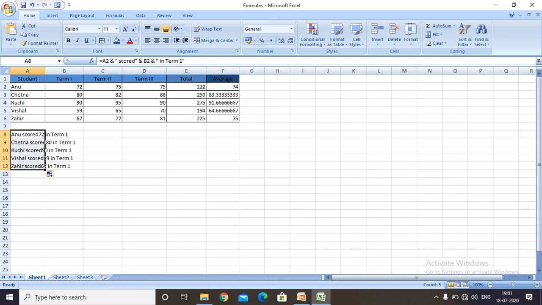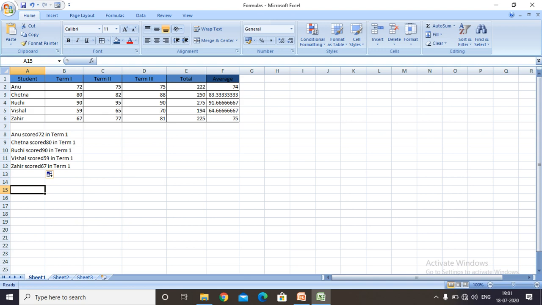And you can see as soon as I release the mouse button how fast and accurately Excel copies the formula to the cells. So I have all the data arranged in my cells. This feature is extremely beneficial in case of a long list. You can see that all the scores have been displayed over here.